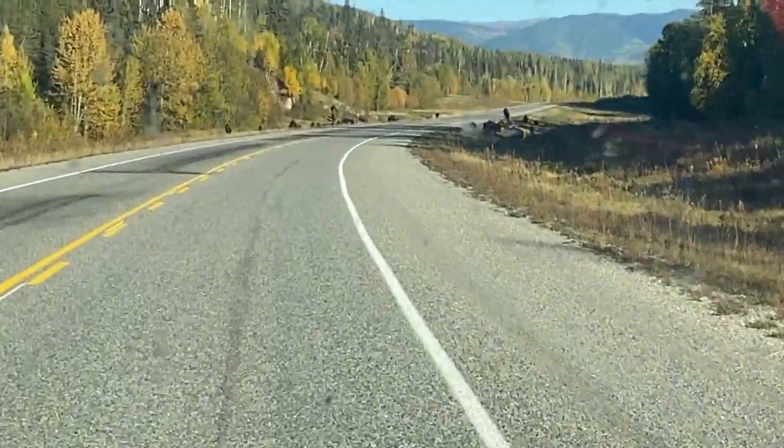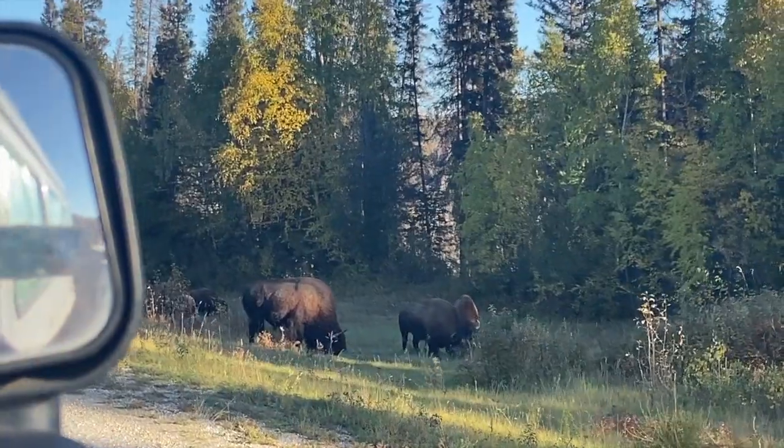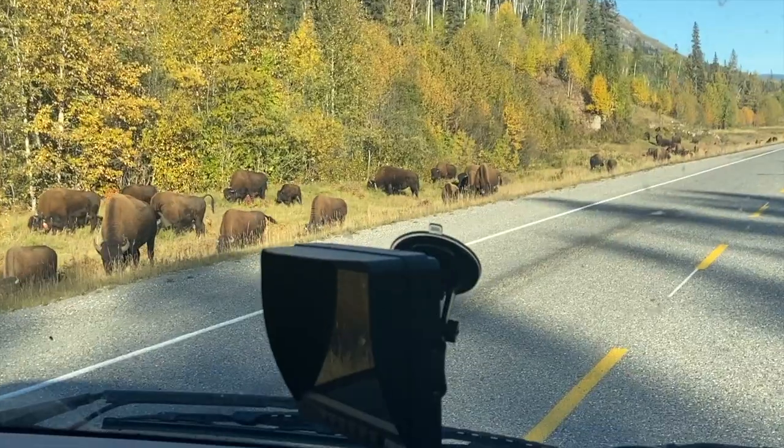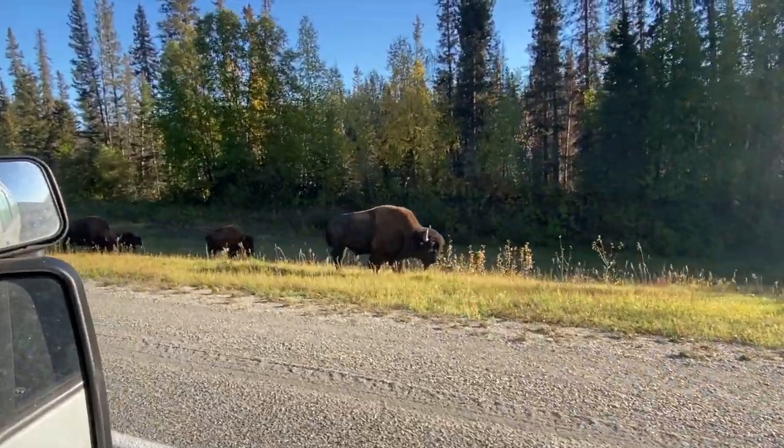We are coming up on so many bison. Buddy, don't bark. You don't bark. We don't need them ramming in, but...